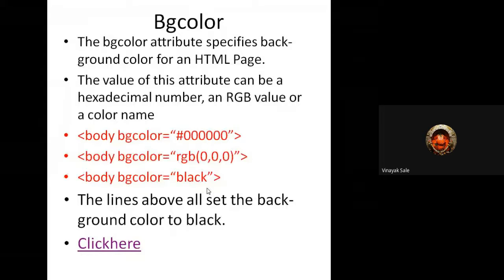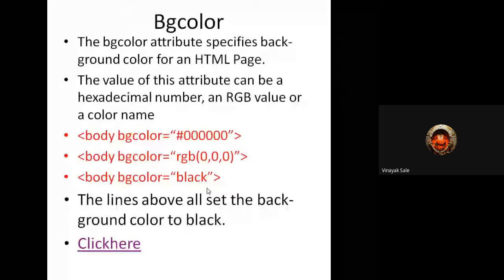So an HTML background contains a color or an image. Out of them we have seen background color. For background color there are three methods to insert it: by giving a hexadecimal color code, an RGB color code, or the name of that particular color.